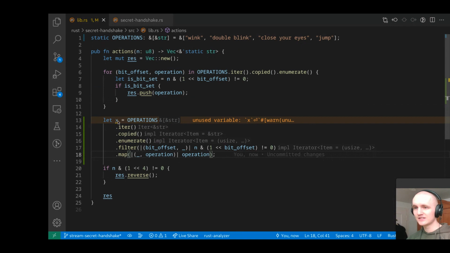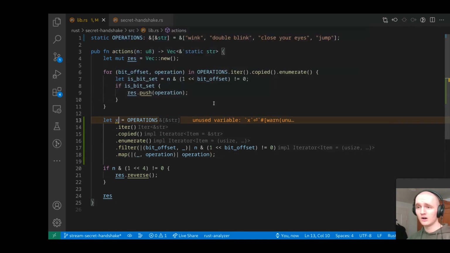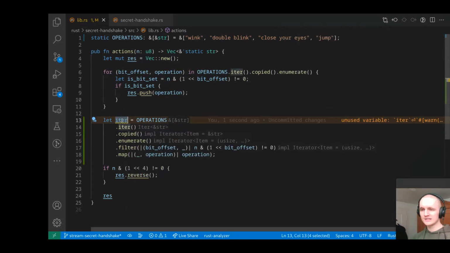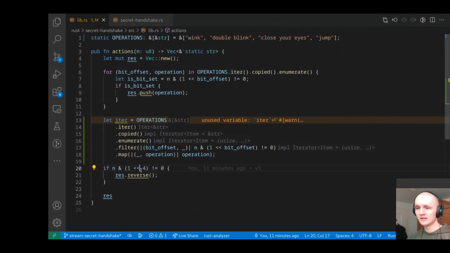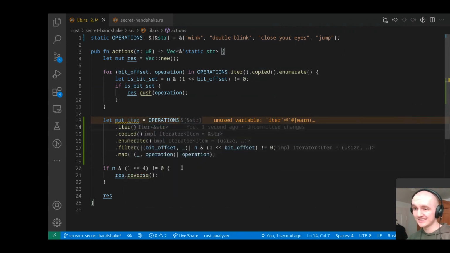Let's store this thing, right? This is an iterator. The type is kind of ugly looking. Actually, that's not the entirety of the type, so the full type doesn't even fit on a line. Let's just call this iter for now. This is our iterator, and now we need to decide based on this condition, do we want to reverse it or not? So what we could try, it's not going to work, is we could try to